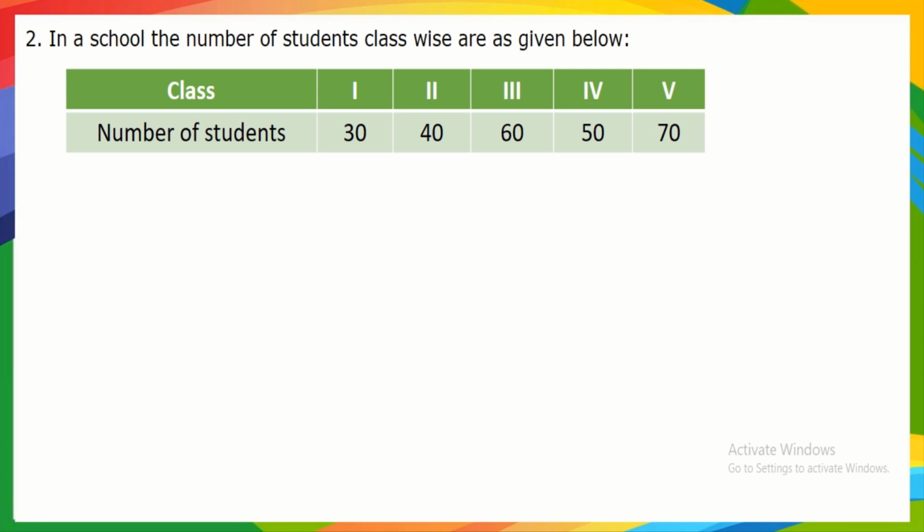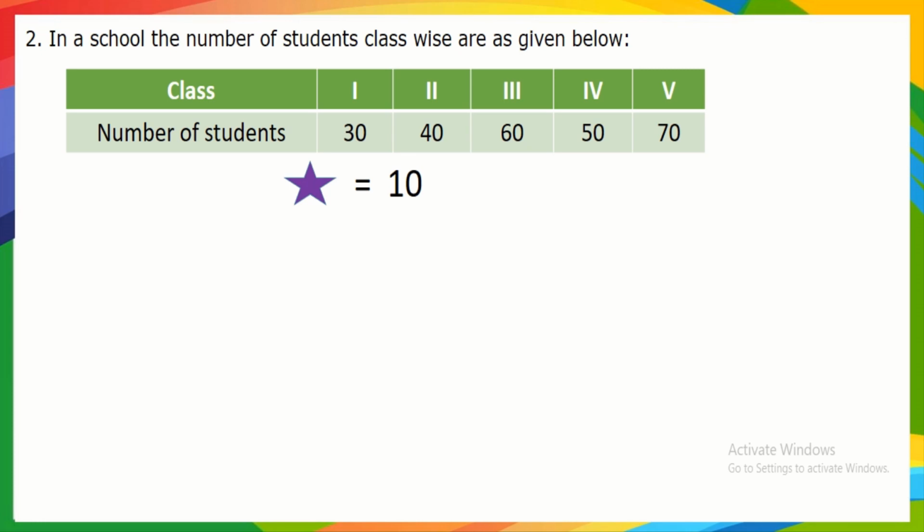Now, for answer, we will follow 4 steps. First step is to collect data. As you can see, data is clearly given in the question. Second step is to pick the symbol or picture that accurately represents the data. So, I'm using star as a symbol. Third step is to assign a key.